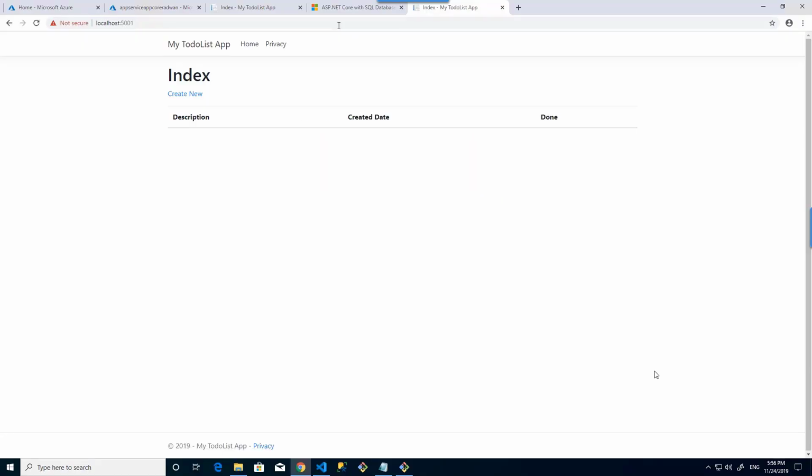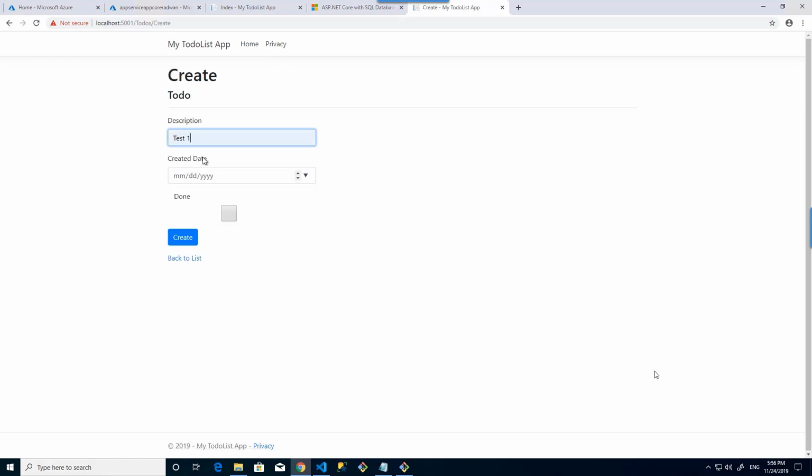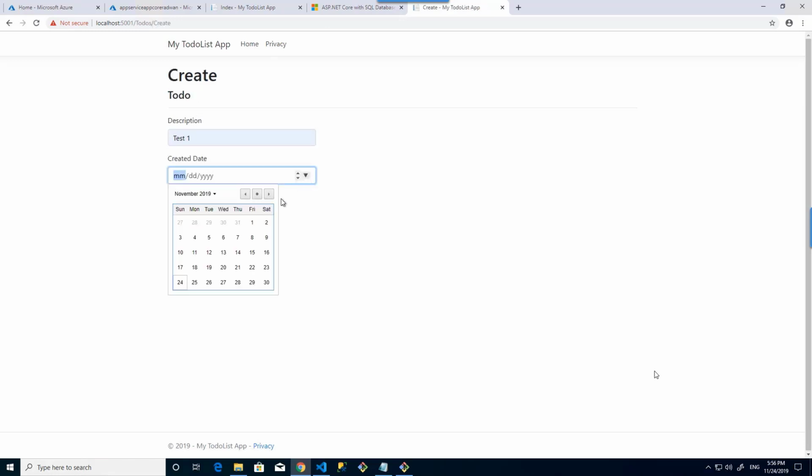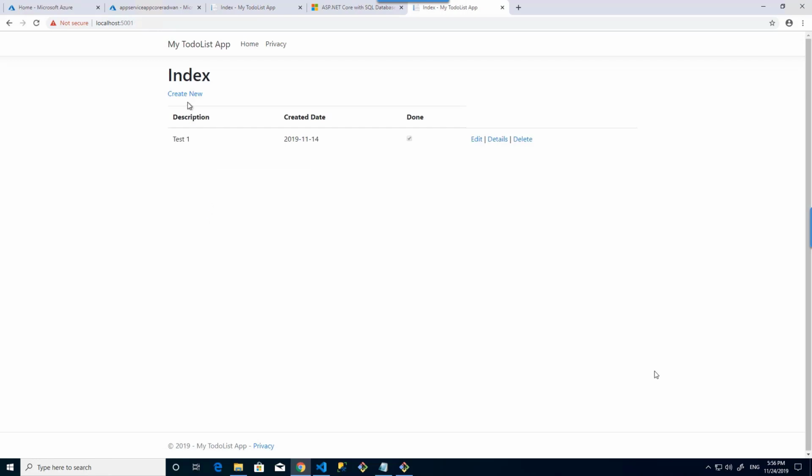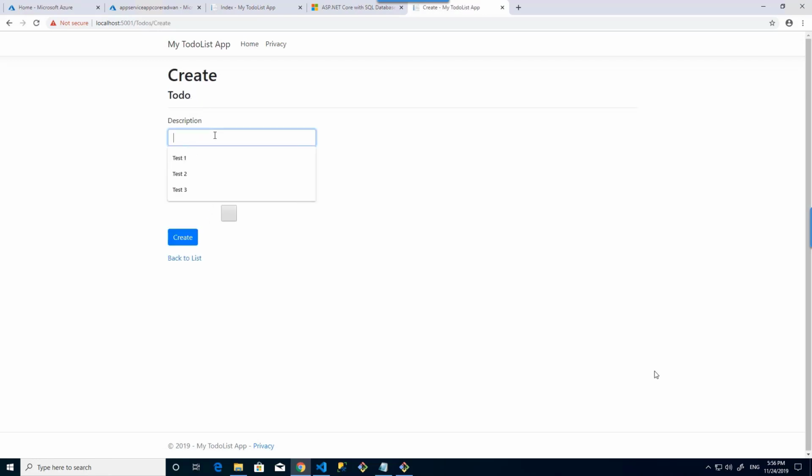So as we can see now, let's create a new item, test one, and here is the date. And here is the new feature. As we can see, I have the Done column or Done checkbox. Create a new item. I will leave it without Done,